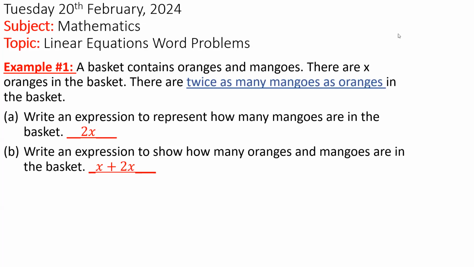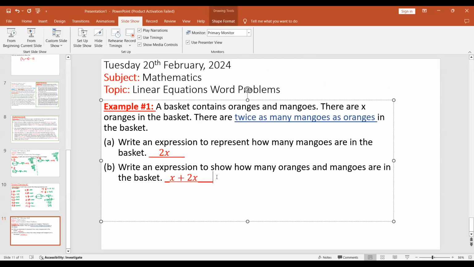You actually write an expression to represent how many mangoes are in the basket. So if I had put x times, no, wrong. Sorry, never mind. You good? Okay. All right, so let's move on to the next question. We couldn't have put x times x